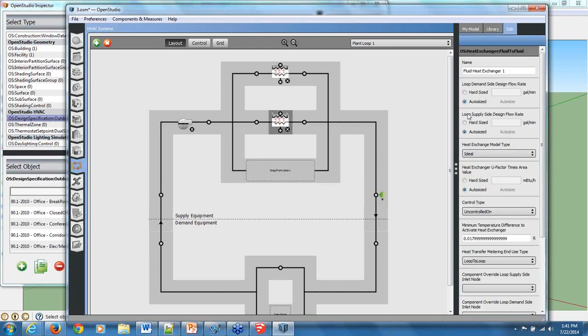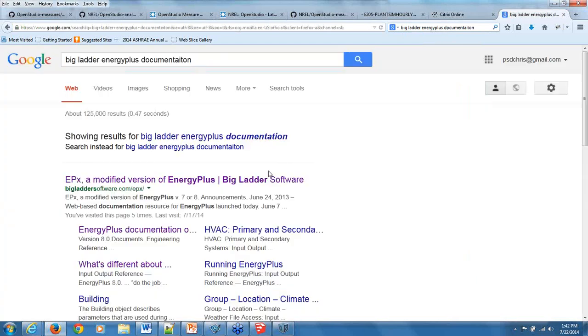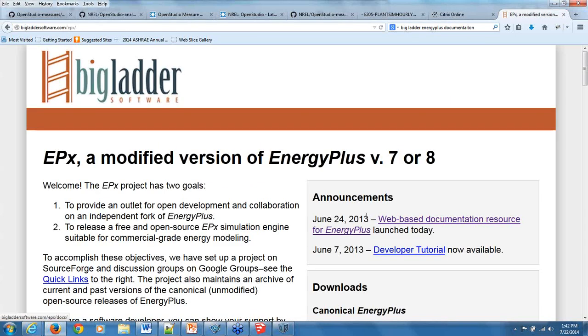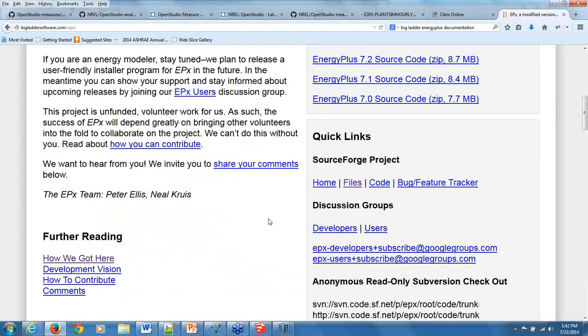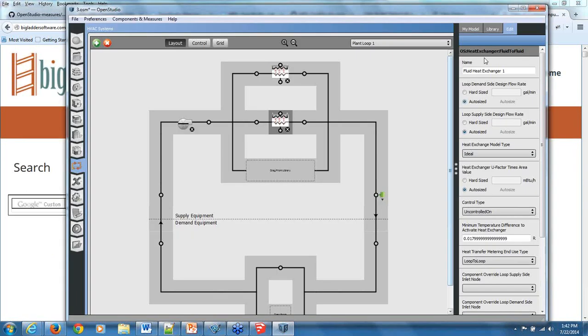And again, there's a lot of configuration settings within these objects. I would refer back to the EnergyPlus documentation for understanding exactly how to set these settings. For those of you who aren't aware, our friends at Big Ladder have put the EnergyPlus documentation online in searchable hypertext language. So that's the place I would go. If you just go to Big Ladder EnergyPlus documentation, you will find the links for not just the source code, but the online documentation as well,